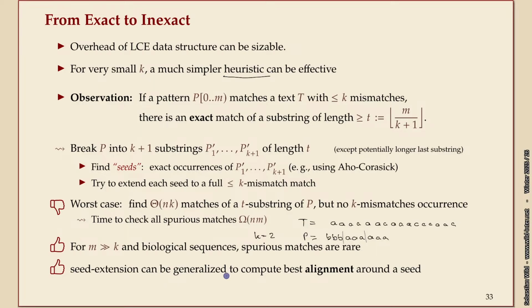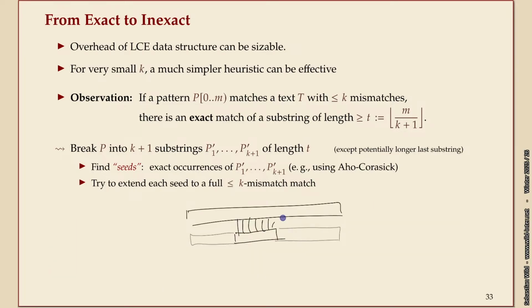Now we can also take the same idea, finding seeds of very similar parts, in this case exact matches, and try to extend them in a different way. This picture I had on the previous slide here, that assumed I'm just counting how many mismatches I have. I could also start now building the dynamic programming matrix of a local alignment left and right. I'm still going to restrict the segment of the text I'm going to look at. Now, say if you have,